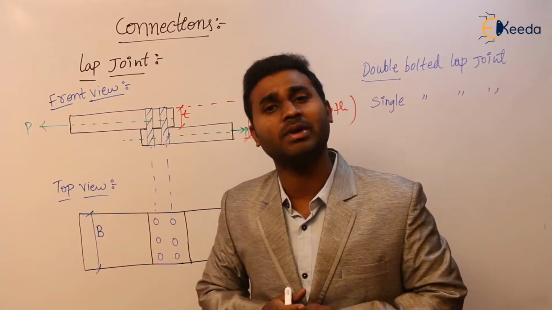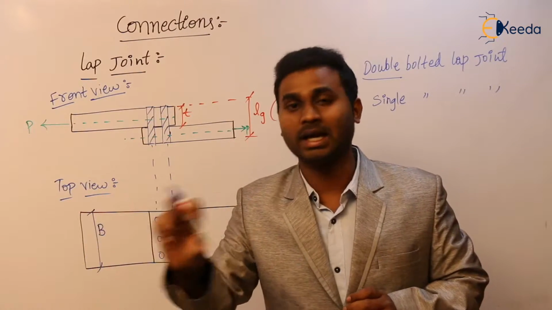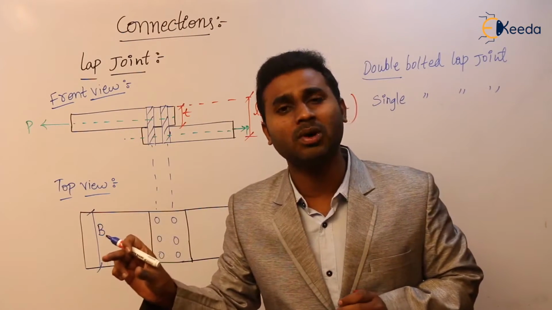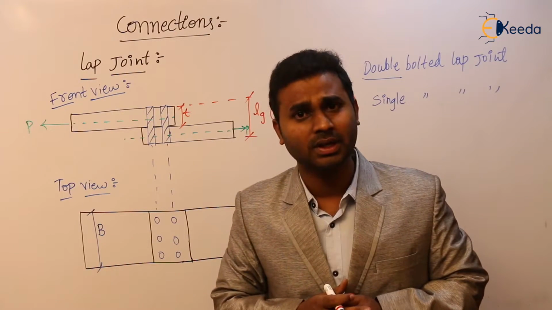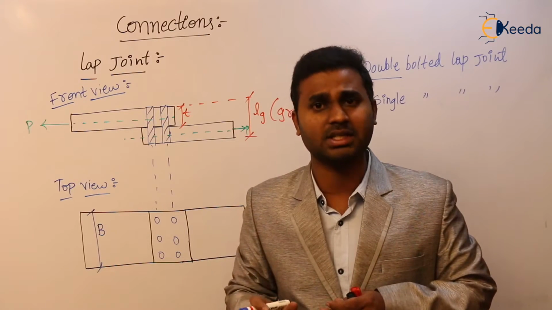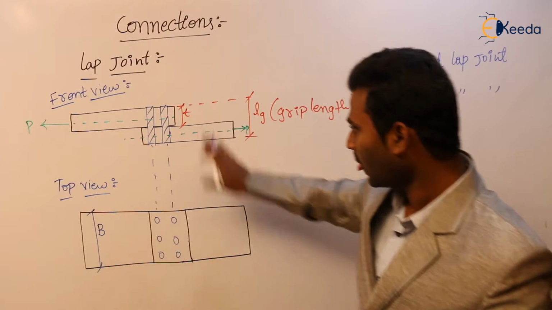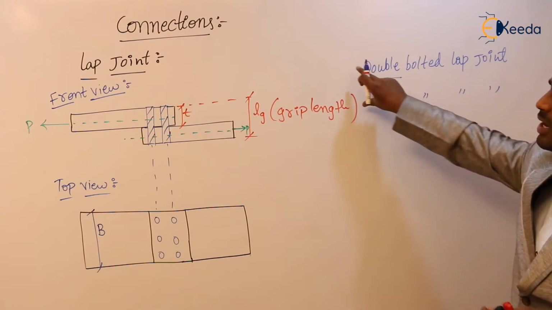So in the question they may give you a double bolted lap joint. If you don't know what double bolted is, chances are you will get confused. Agree or not? So if you are clear with these terminologies and terms in steel, then as I said, it is a very simple subject. Clear? So this is about the lap joint and this is a small terminology here.